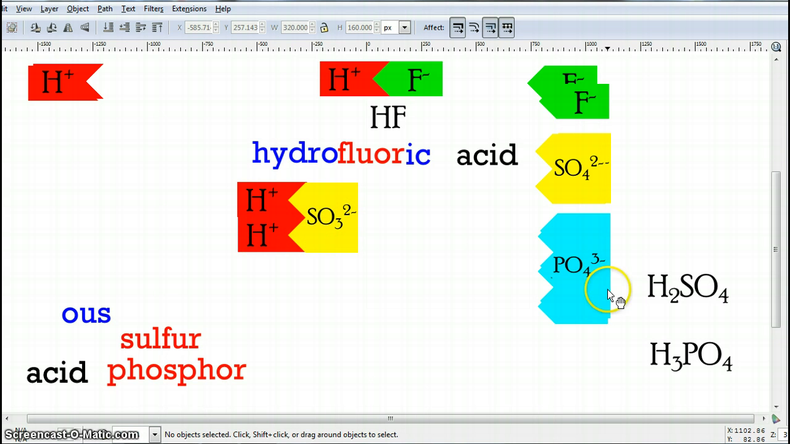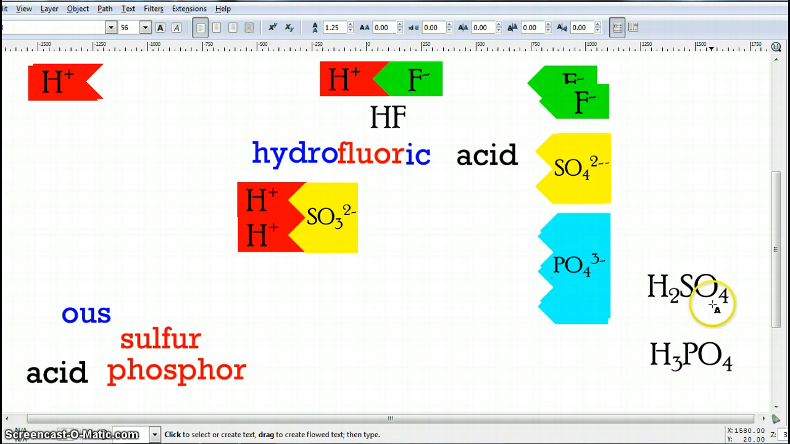H2SO3. Okay, this is actually written wrong, so I'm going to fix this real quick. It's not H2SO4. It is H2SO3. My subscript's a little bit off, so I'll fix that real fast. Okay, and we see that this H2SO3,